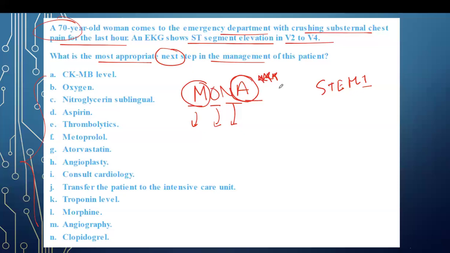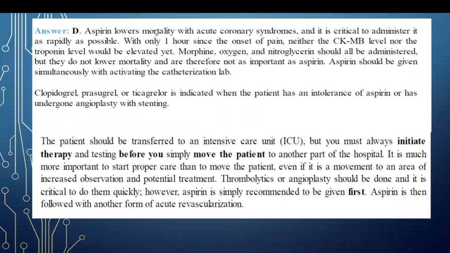Any of these options are right, but you can only choose one. What will you choose? That is where the exam becomes tricky always. They give you options which are all right, but you need to know which one is the best option. Aspirin lowers mortality in acute coronary syndrome,